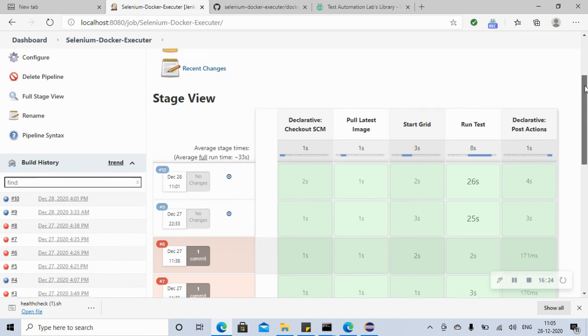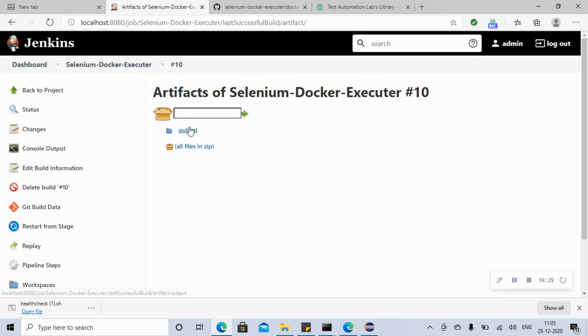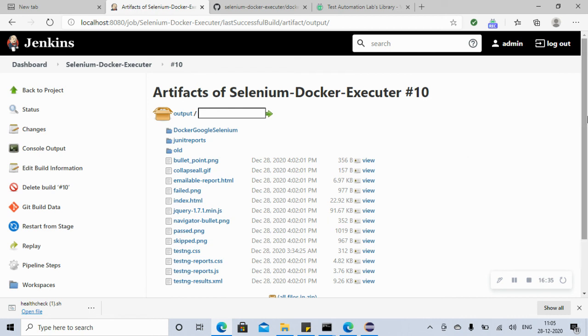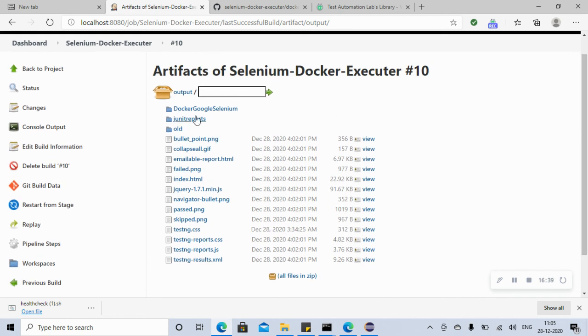If you go to Jenkins, the last successful artifact, and go to output, everything is here. If you want to see the report, let's open index.html.